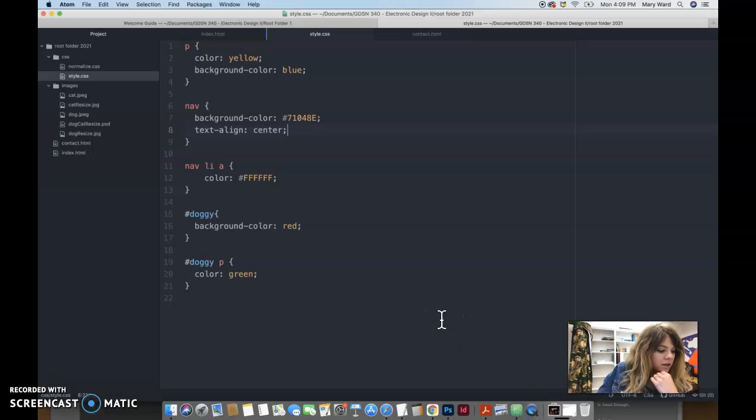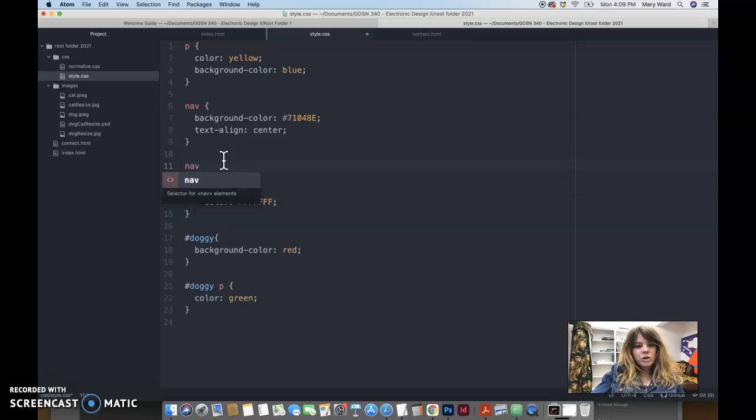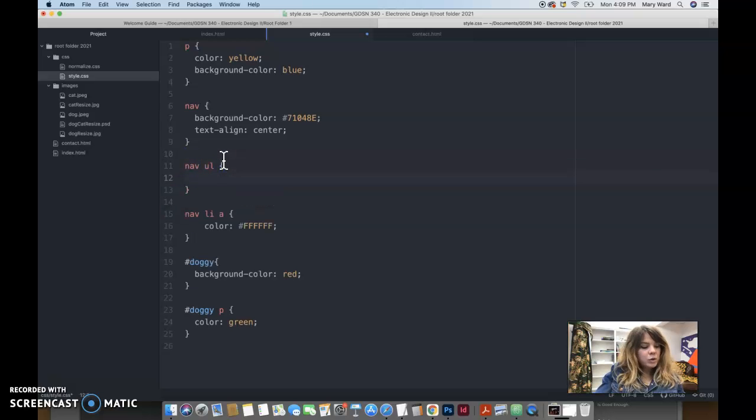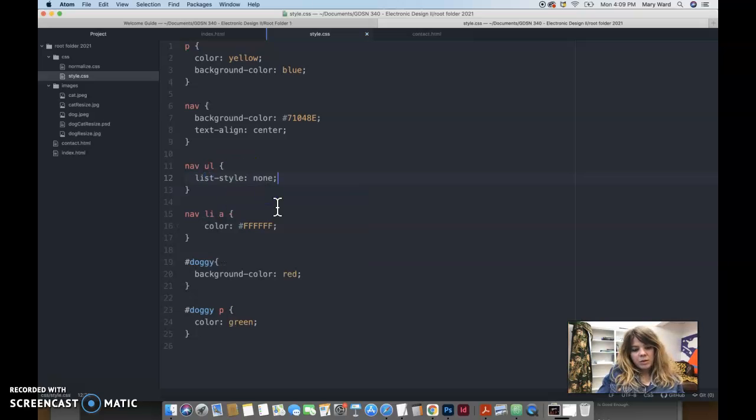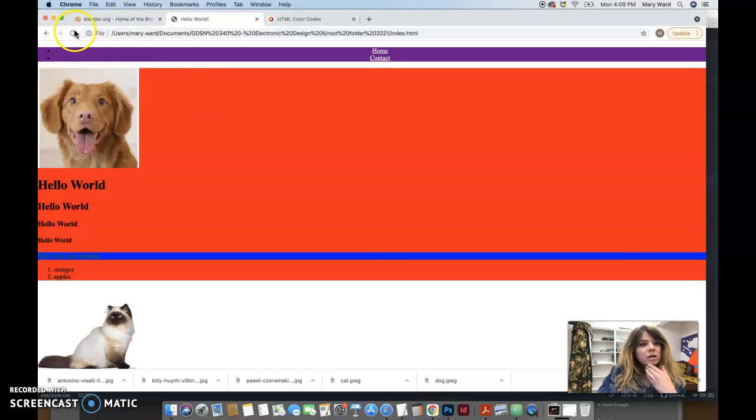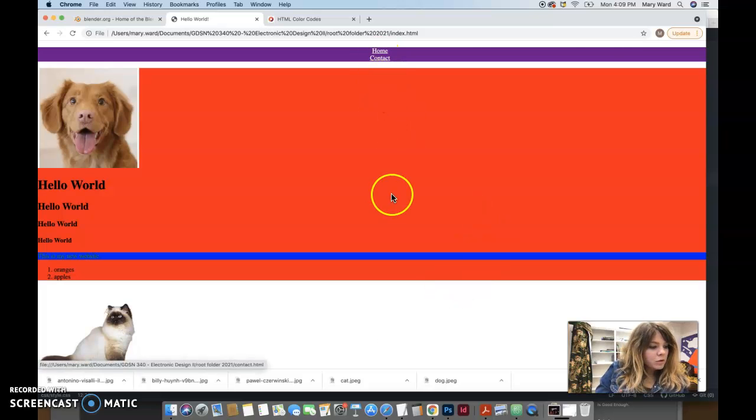So we need to target the list itself. So let's type in some new selectors into our style sheet. So let's do nav ul. That's how you get rid of the bullets. And list-style none. Command S that to save it. And then they're gone. So that's how you have to get rid of those bullets in the nav. List-style none on the nav ul. So now we want to get rid of the underlines in the navigation. So let's do